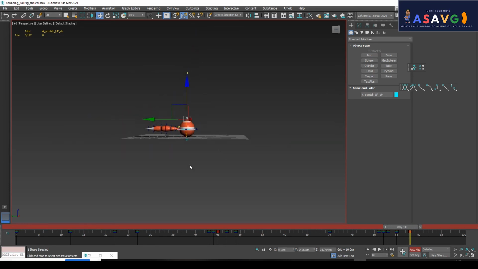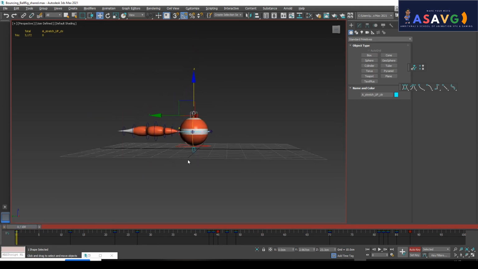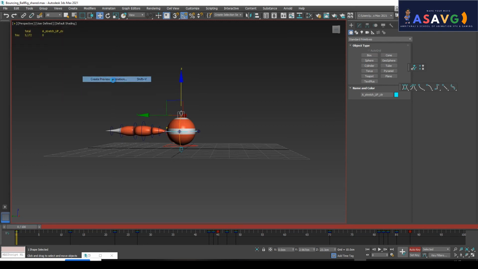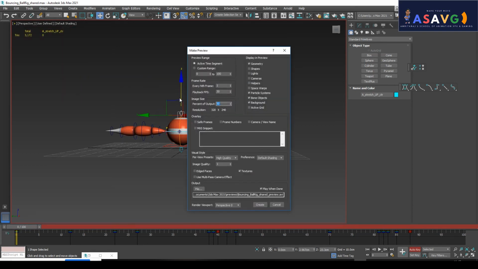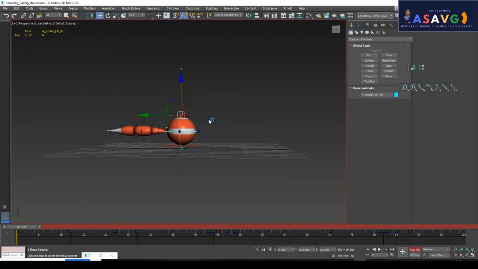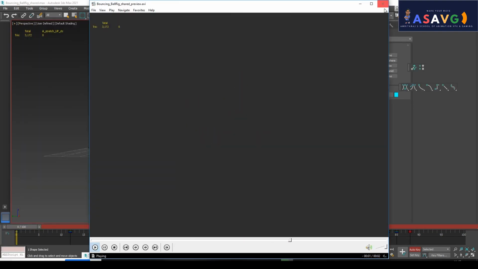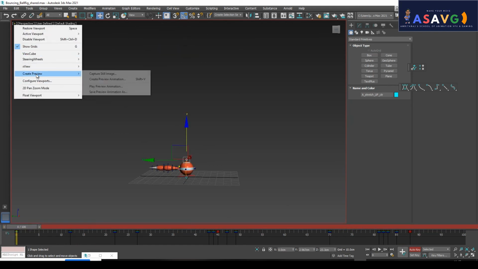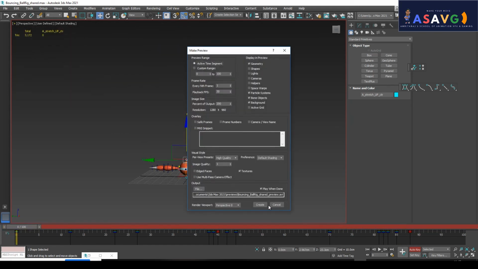Okay, now I will make a playblast, just rough. We will check it. Select this, preview, create preview animation, and I will make it 200 and create a playblast. Oh, missing something. Okay, so while he's in the air, we are not getting it, so I'll be making the camera a little bit more down. Okay, now we will make a playblast. Preview animation, I'll make a playblast.